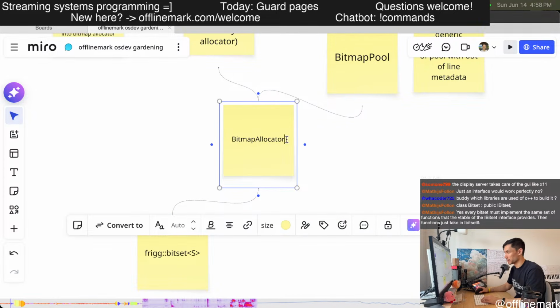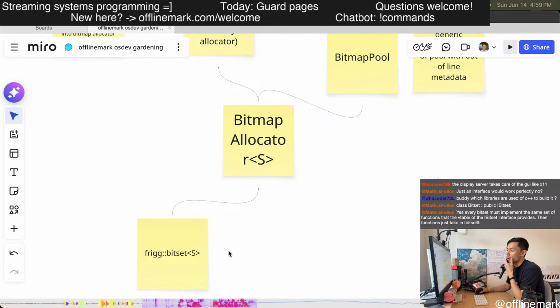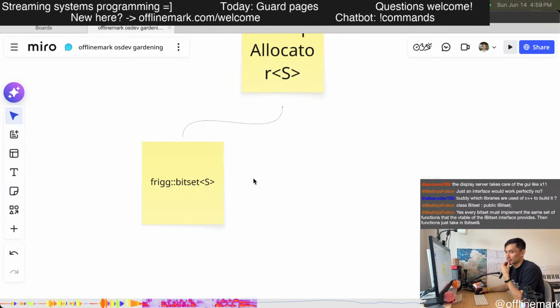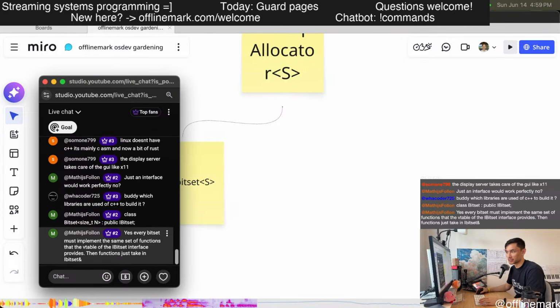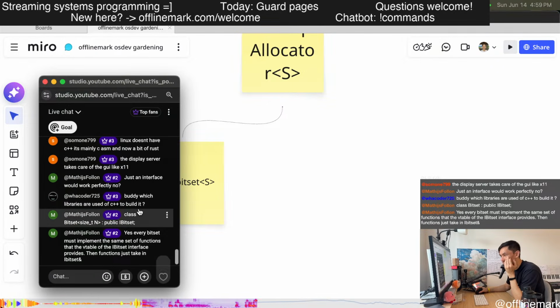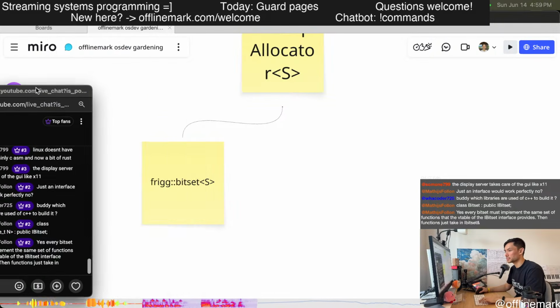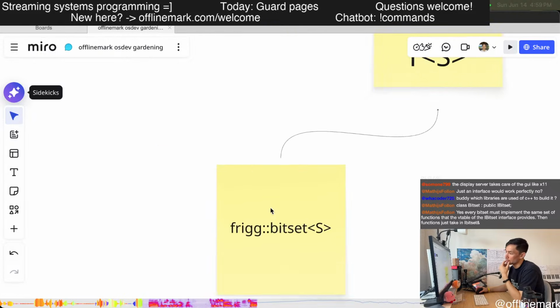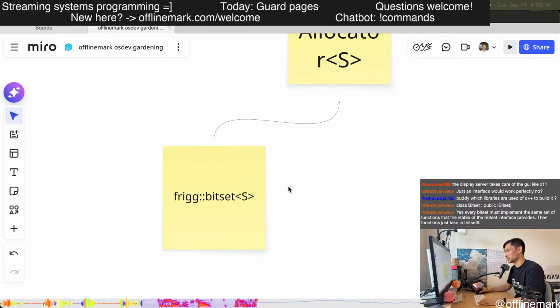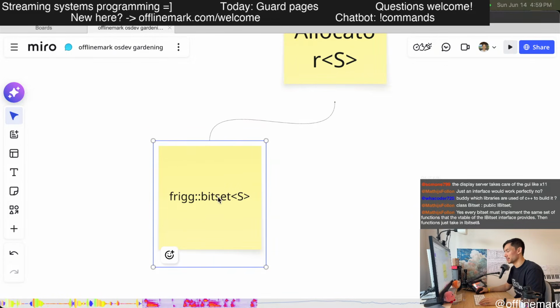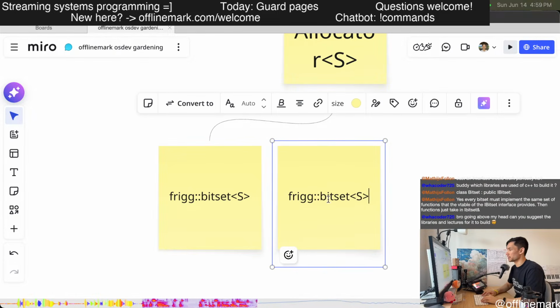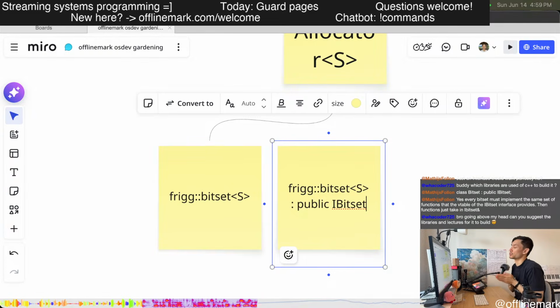This takes a size, and because they all take a size... So what Matias is saying, let me make sure, yes, every bit set must implement the same functions for the vtable. So let's change it like this: take the bit set and make one change to make the bit set inherit from an I bit set interface. So we'll seriously introduce the idea of an I bit set.